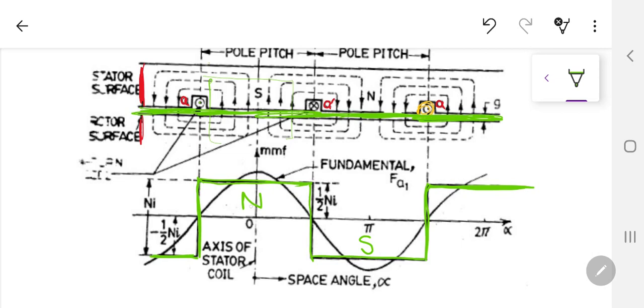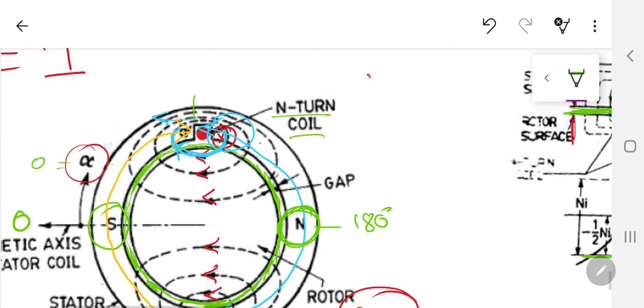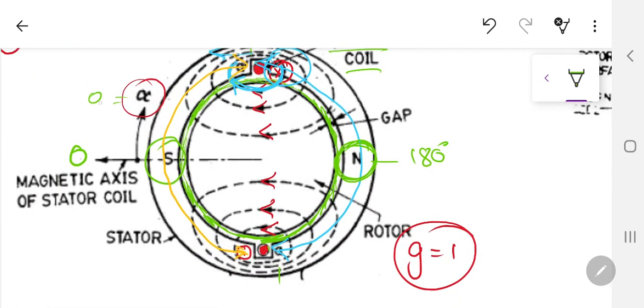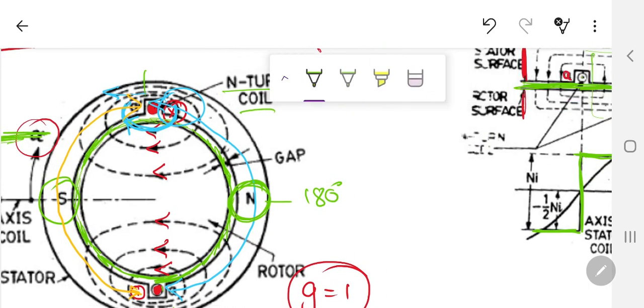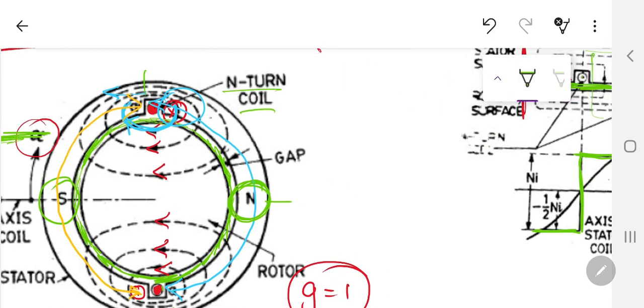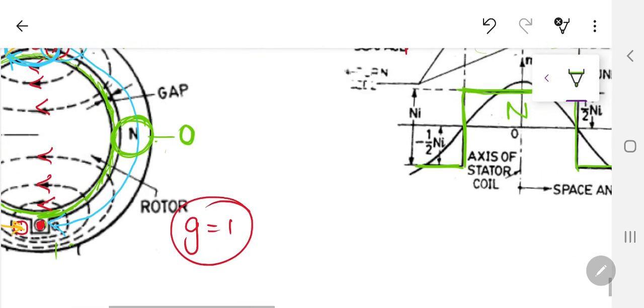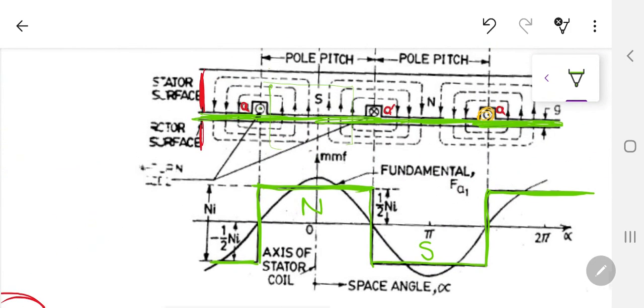So you are having the maximum MMF at your space angle of alpha at 0, and it is having a straight line over here. And where was that 0 angle? If I take it back over there, this was 0. If I don't want to make it 0 over here, we can just take it over here opposite. So this is that 0 angle, and from 0 angle to 90, this is North Pole, and from this 0 angle to this one, it's also North Pole. So from here back to this one and back to this one, this is a North Pole, and it is the green color waveform.